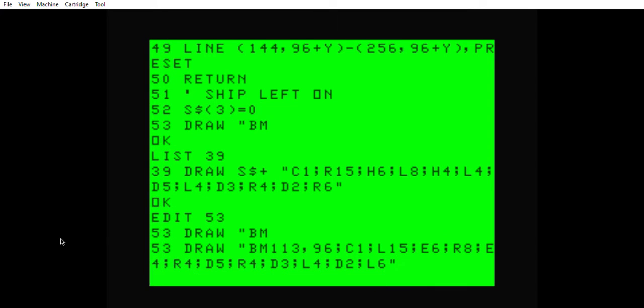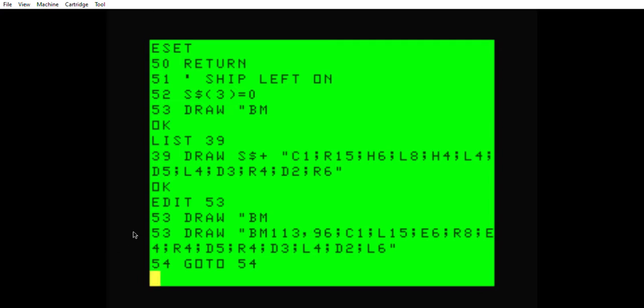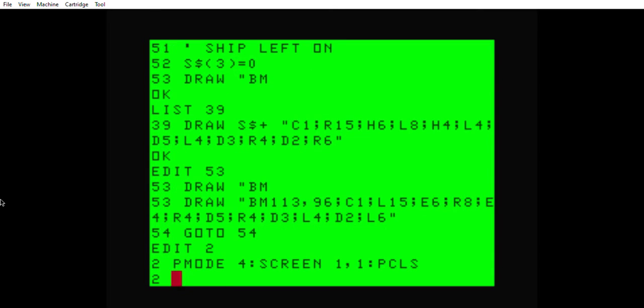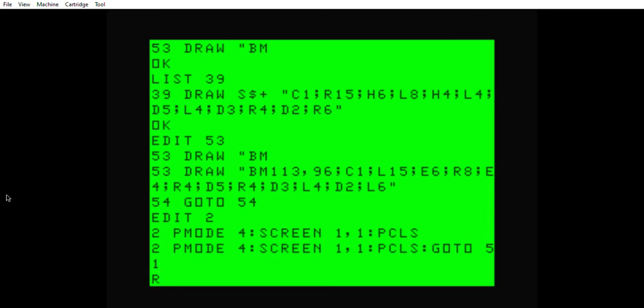Now, how am I going to check this? Well, I'm going to put 54, go to 54 as a stop. I need a screen setup, so I'm going to make a bypass. I'm going to bypass line number 225. I'm going to bypass the entire program, and I'm going to go to 51, and if I run the program,